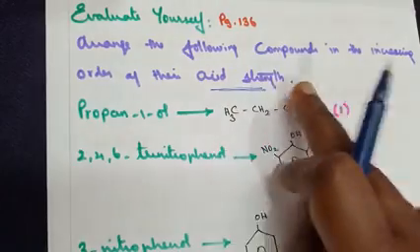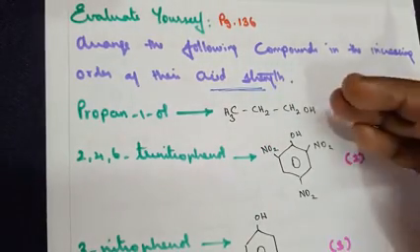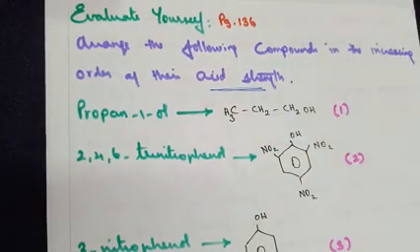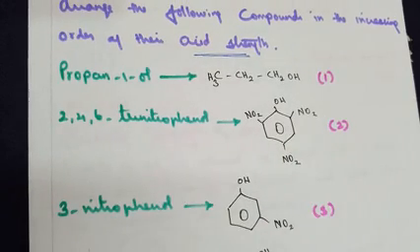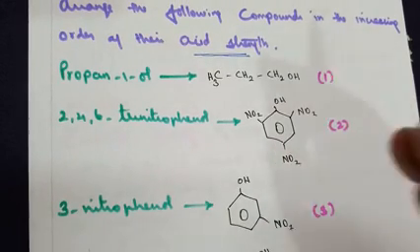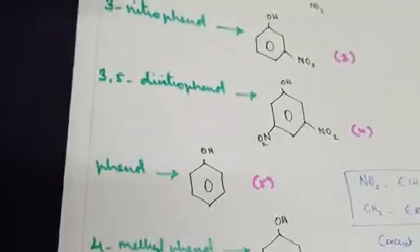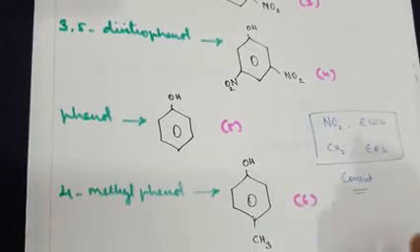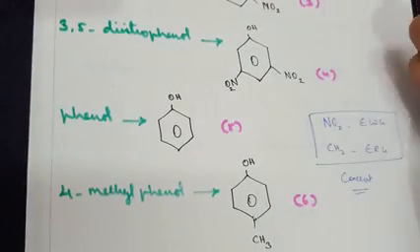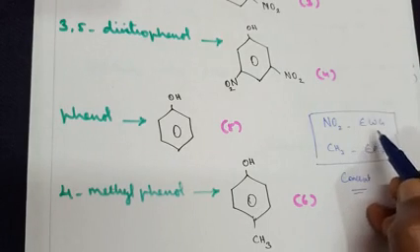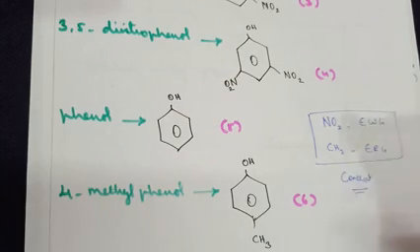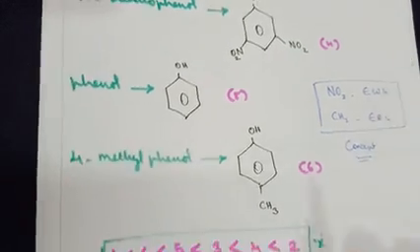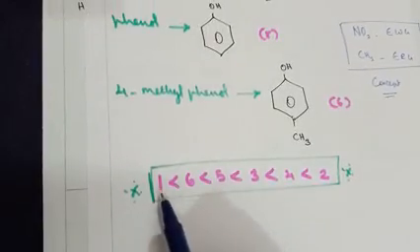Now you need to identify the acid strength. I am not going into detail since I have done the concept very detailedly for you. In short, acid strength is found based on the ability to lose H plus ions. And one more clue I can give you: last year you learnt the difference between electron withdrawing group and electron releasing group. So based on these two concepts, you can summarize.